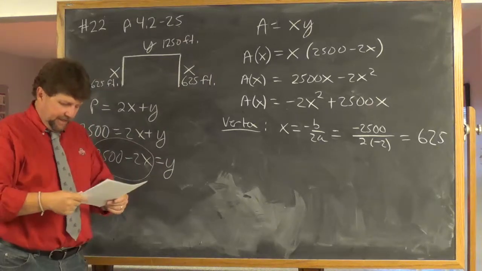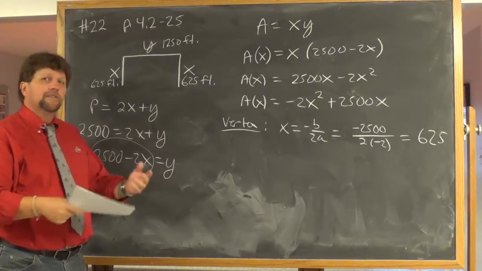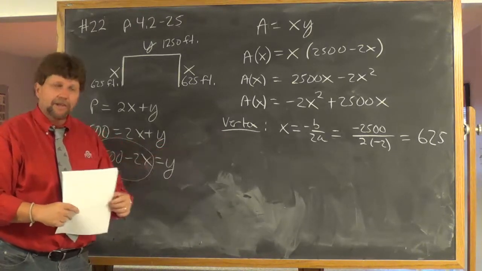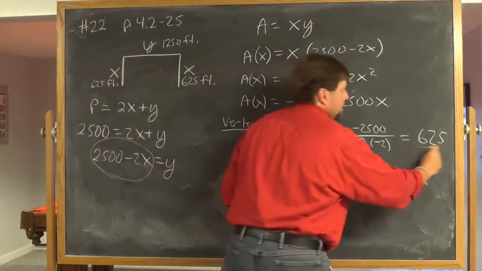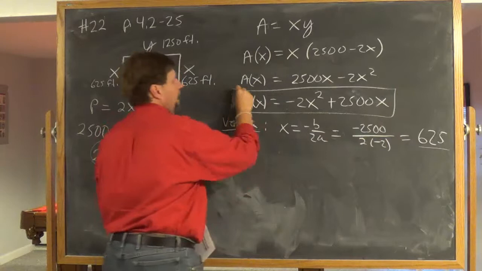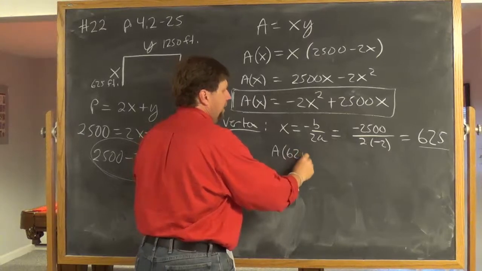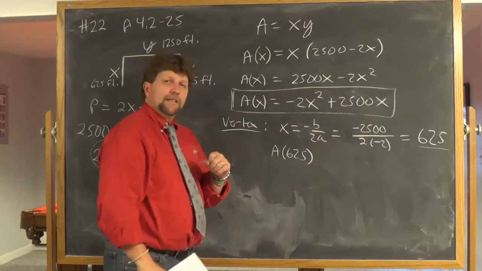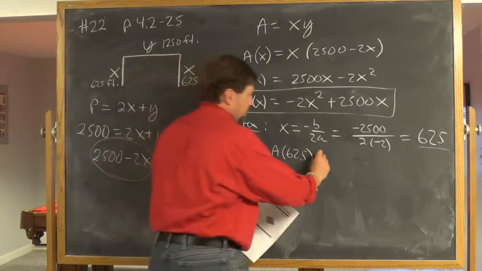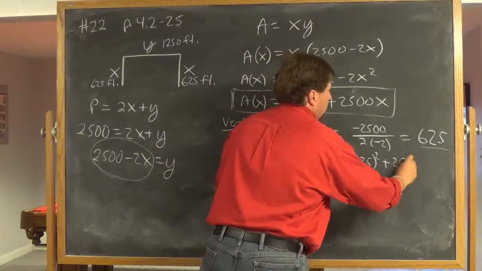So now how are you going to get the maximum area? Well, several ways. Let's go back to the first way that I mentioned. Find the vertex. You just found the x coordinate is 625. The y-coordinate, we're talking about the graph of the area function, is found by evaluating the area function at 625. So you put 625 in for the x's, and you get,